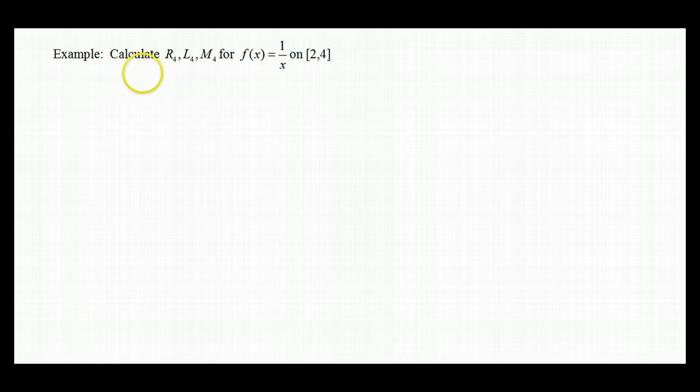Alright, this example is going to be a bit long because we're going to calculate all three, the right, left, and midpoint approximations using 4 rectangles for the function f of x equals 1 over x on the interval from 2 to 4. If you know what the function looks like, it's going to help to draw a little picture for yourself so that you have an idea of what you're doing. So 1 over x is the reciprocal function. So it looks like